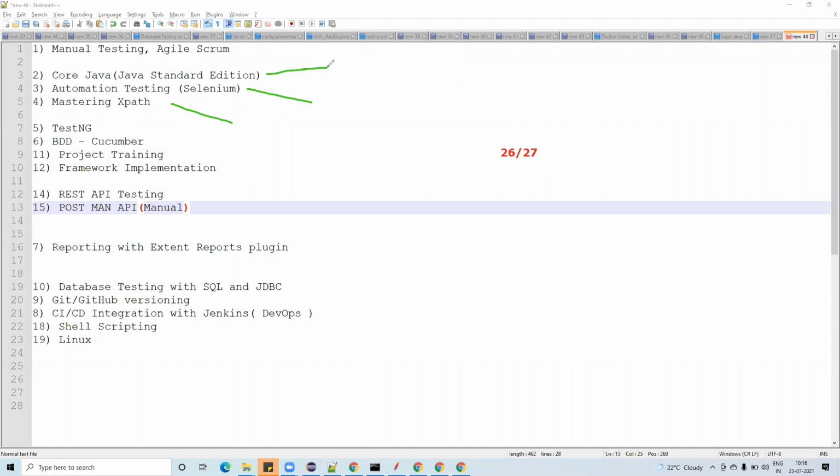Okay, how to find an element. How to find an element by using XPath, how to find an element by using ID and by name. In XPath, I am unable to find, can I use the AND operator? Yes. What is the contains operator? What is starts-with? In XPath, they will try to confuse you a lot.